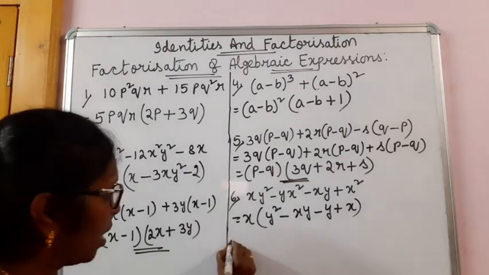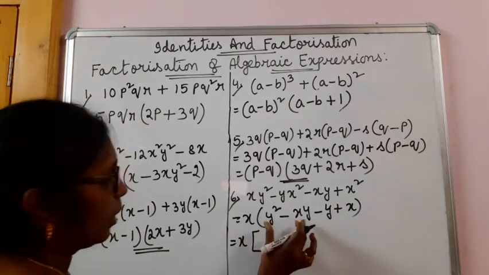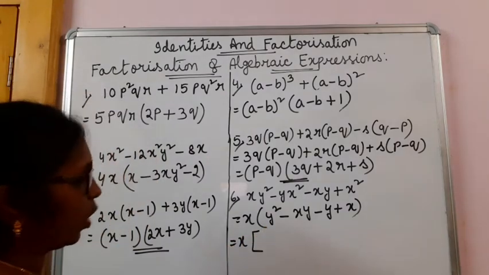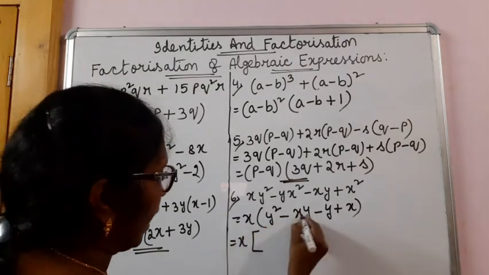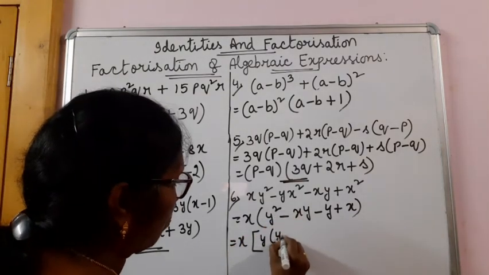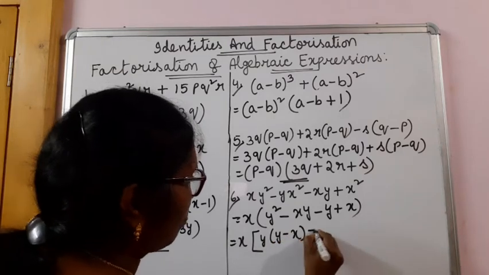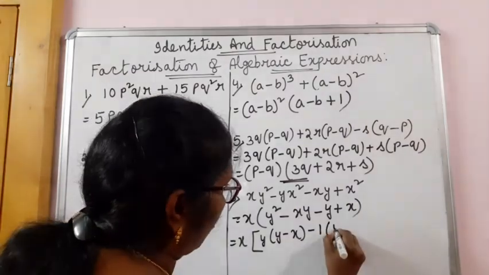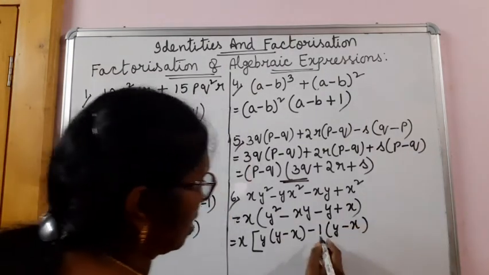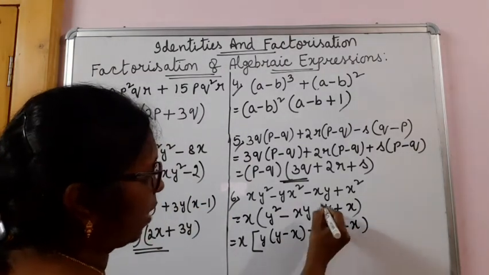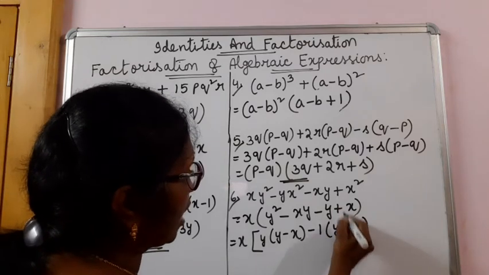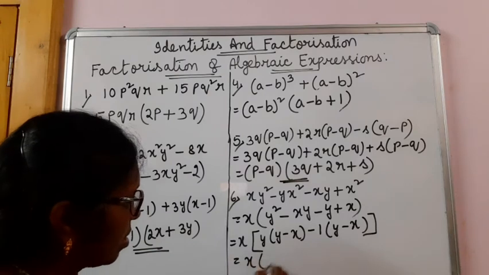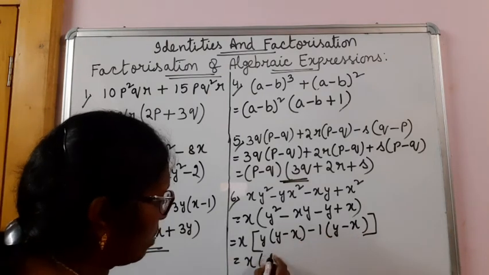Okay. Now here let us do these two and these two. When we take factors, let us see what is going to happen. In these two terms y is common, we will have y minus x. In these two terms nothing is common, so let me write 1. We will have y minus x. Open and see, minus 1 into y, minus y. Minus into minus, plus 1 into x, x. So x. And now again here 2 terms.